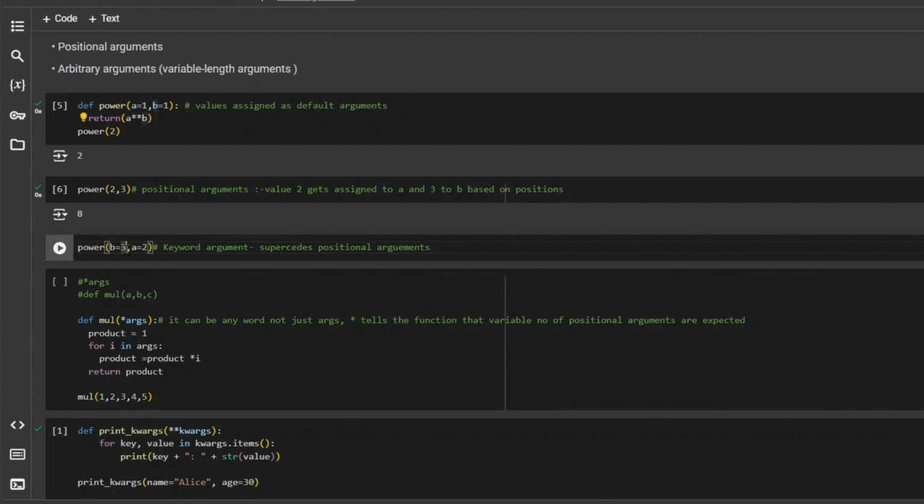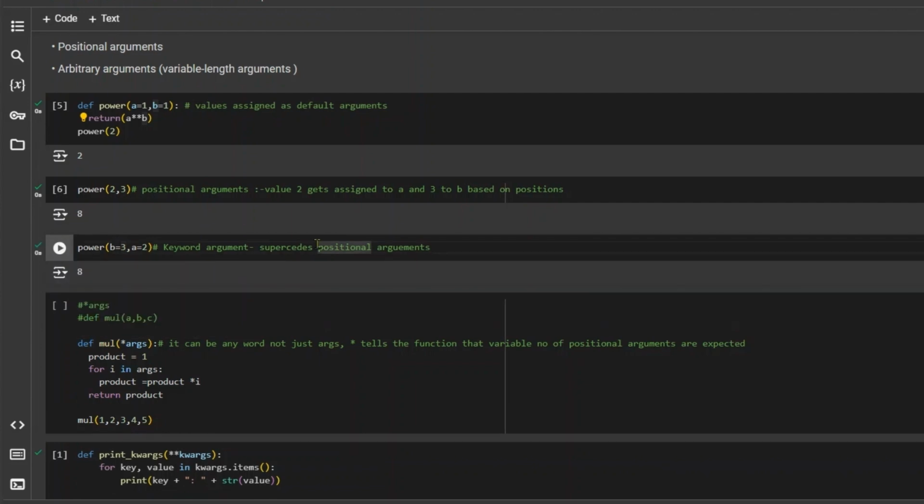So here 3 is directly assigned to b and 2 is assigned to a. That's the reason the function already knows which value to assign to b and a. Here the function works like this: 3 will get assigned to b and 2 will get assigned to a when it comes to the function call, and irrespective of the position it will process the result and it will also be 8. So it has successfully ignored the position of the function. Okay,